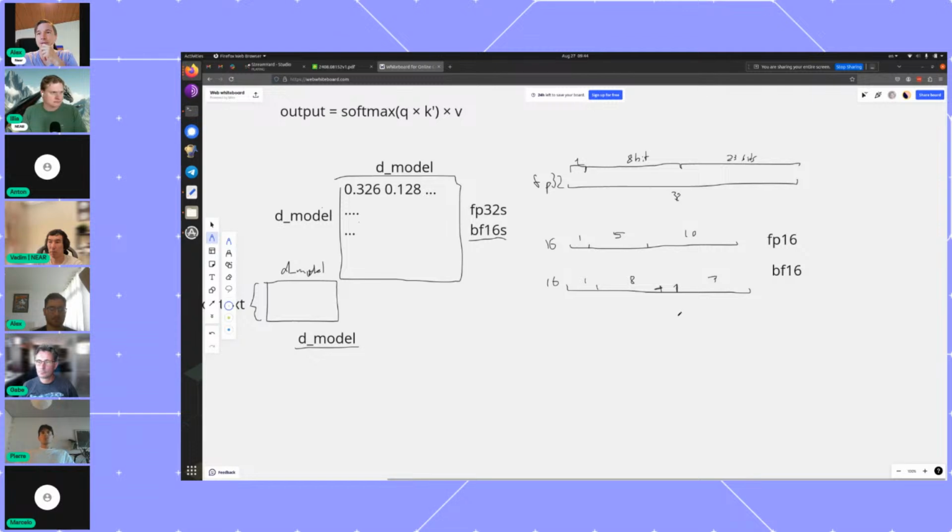Majority of training happens in BF16, right? So the model is trained in BF16. So clearly, during inference, BF16 will work just fine. All right. Okay. So as we go to 8-bit,